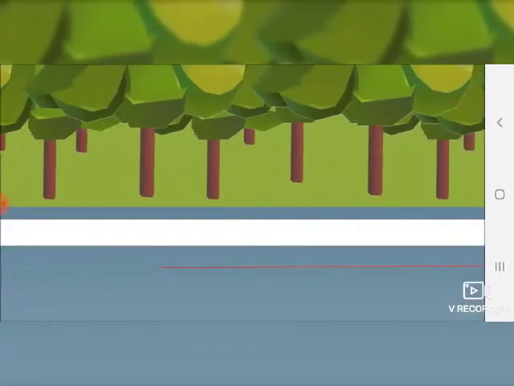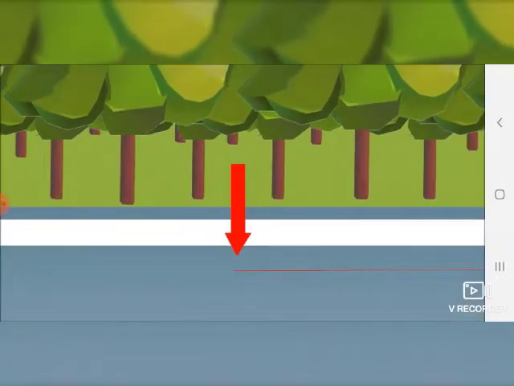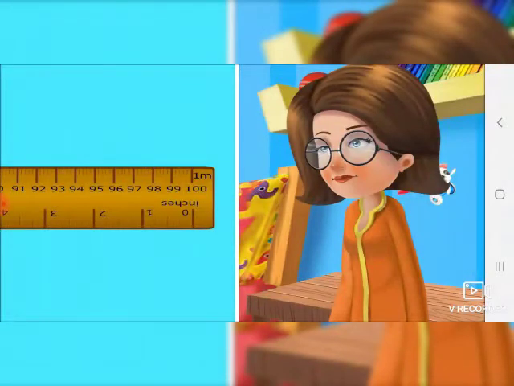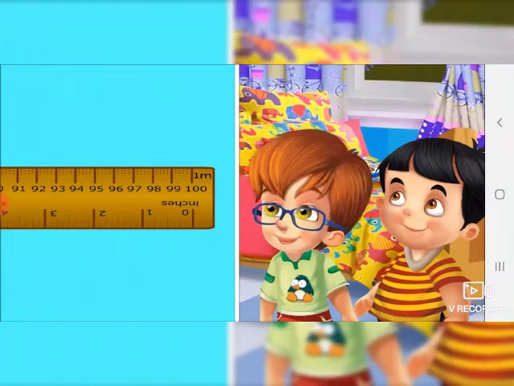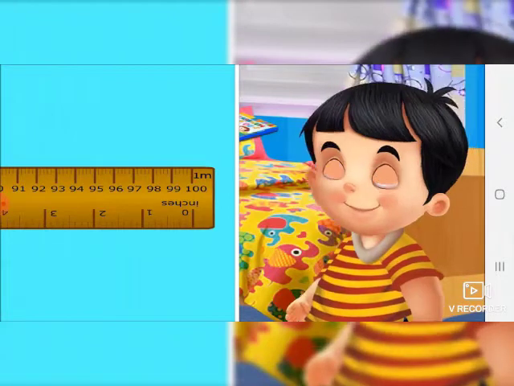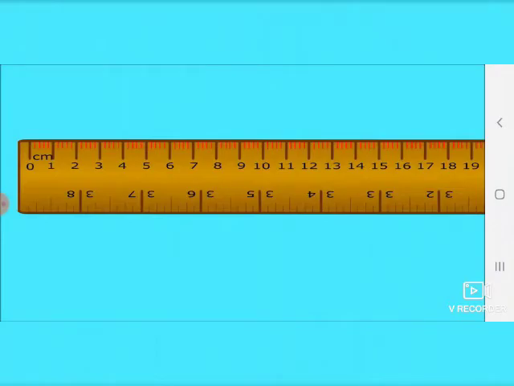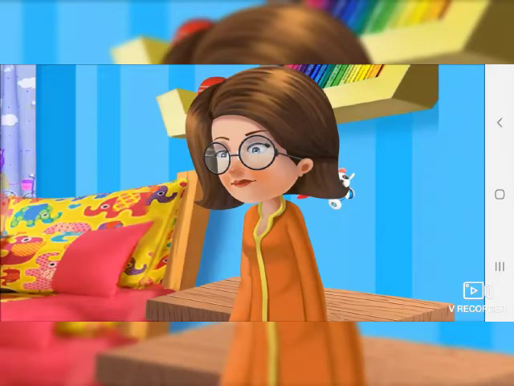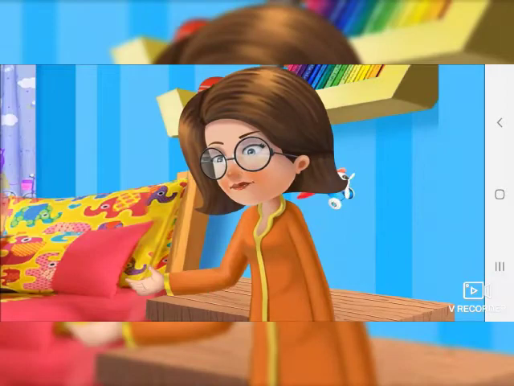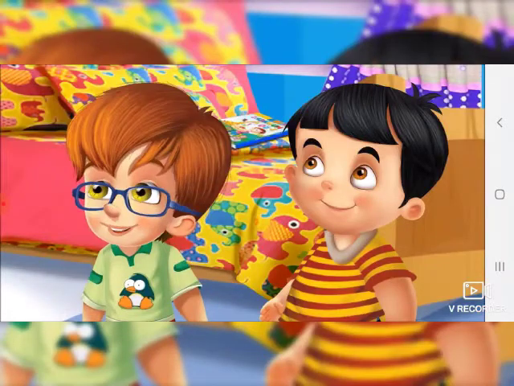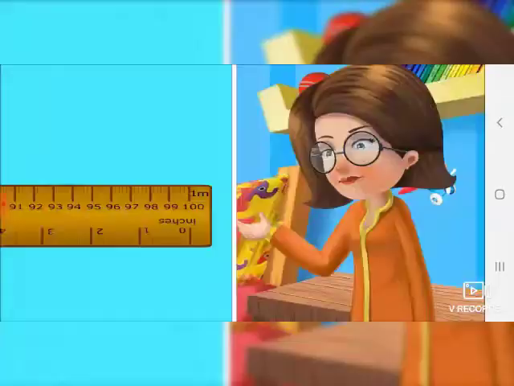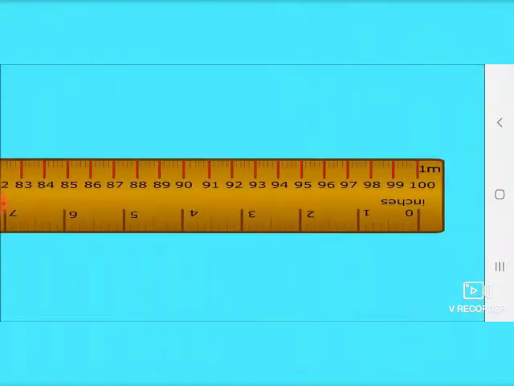So through this meter scale, you can measure the length of longer objects and measure the distance between 2 points or places easily. Now Mrs. Ria asks, What do you both observe on this scale? Sid says, There are some big markings and some small too. Now Mrs. Ria asks, Can you tell me what these markings denote? Both Neil and Sid start wondering. Then Mrs. Ria explains, And bigger markings are for centimeters.